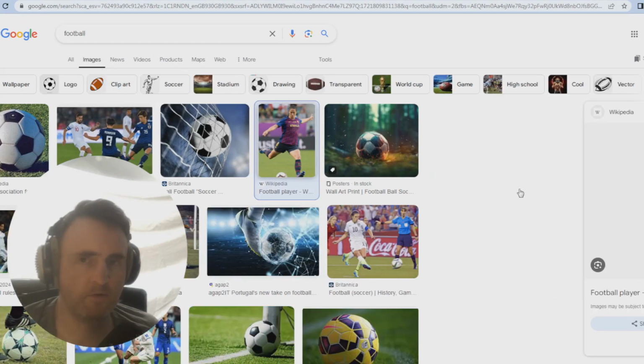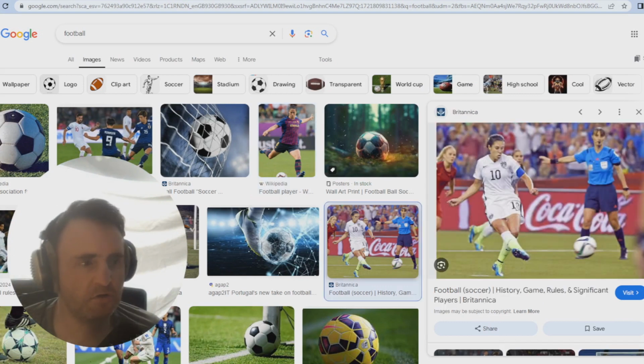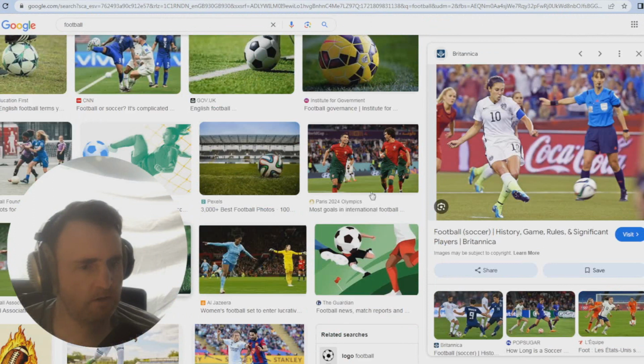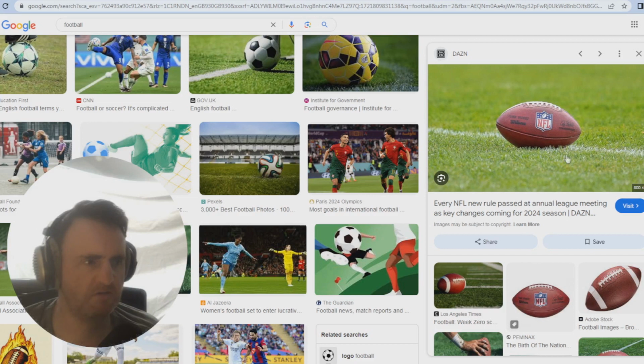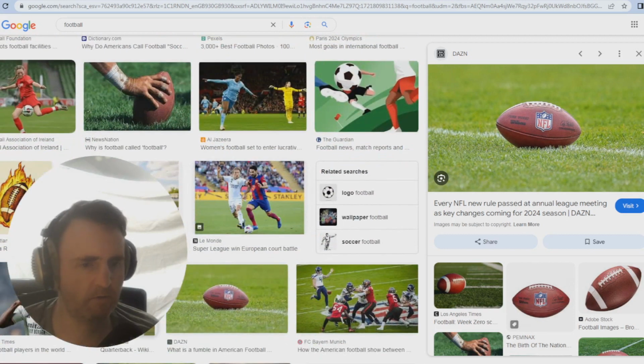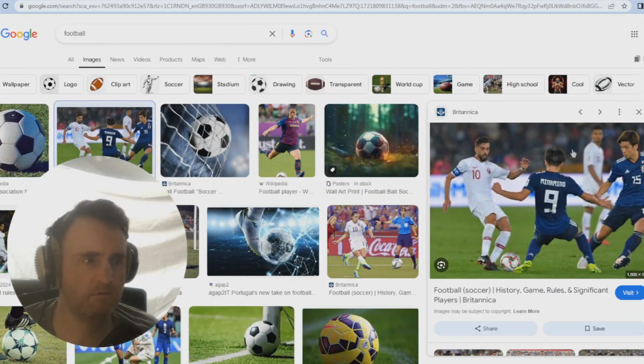Football. Use a ball and your foot. This is also called soccer. The Americans call it soccer. And to be fair, the Japanese word is basically soccer. But it's football. The Americans call this a football. There we go, this guy. That's an American footballer. And this is just a football player, soccer player.